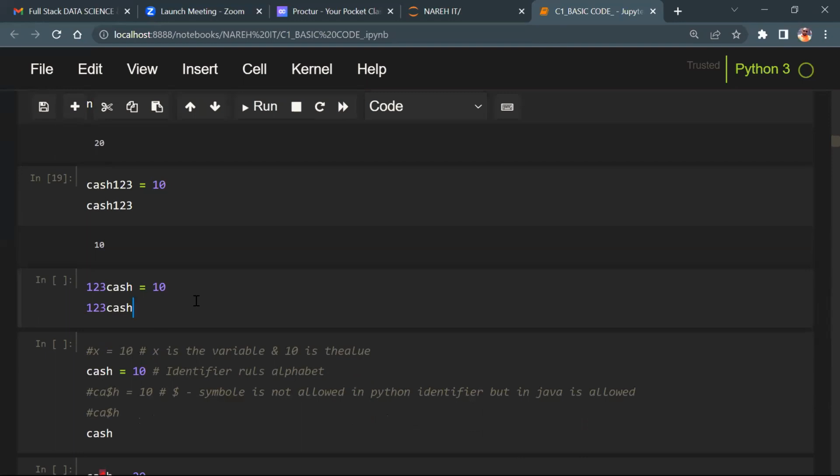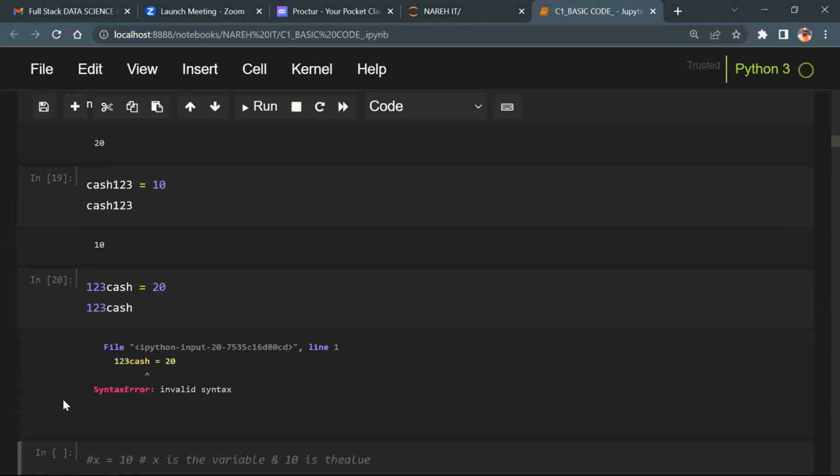What is the output? Or let's say I change it to 20. What is the output? Let's check this. Is it output or error? This is an error, which means digits are not allowed at the beginning while you assign an identifier.